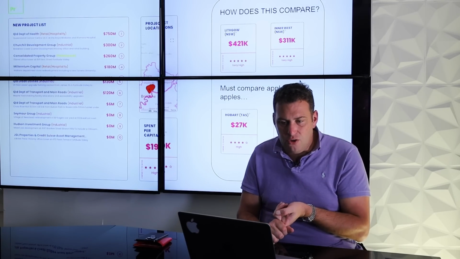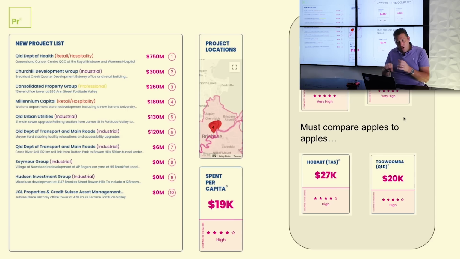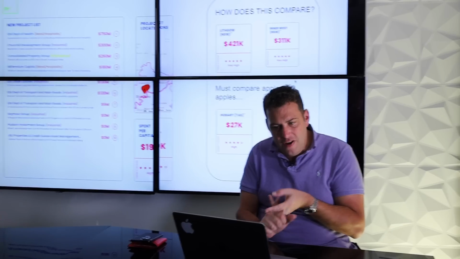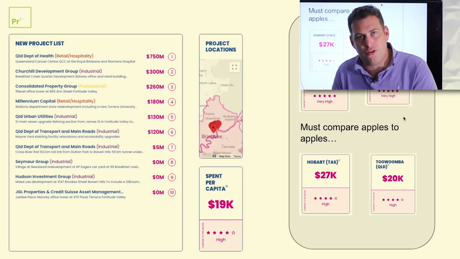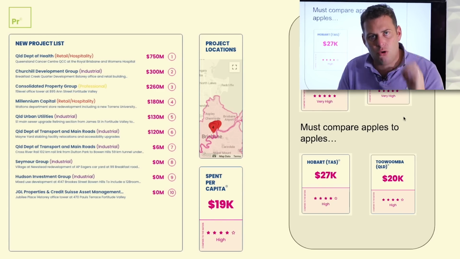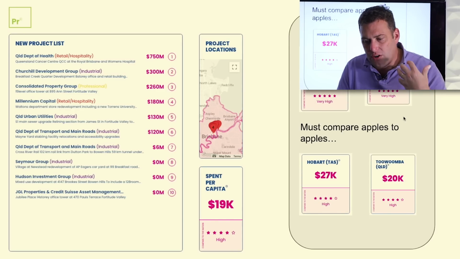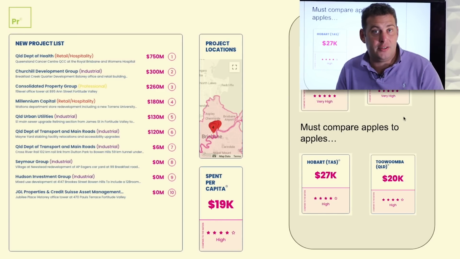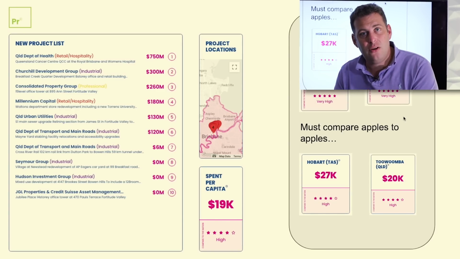New projects on the horizon. Look, I won't go into them all individually, but I do see very quickly you've got industrial, professional, retail, and there's also some health projects I haven't included through here. These are the big ticket items that we constantly look for in these cities. You've got $19,000 being spent per capita right now in projects in the current pipeline of construction